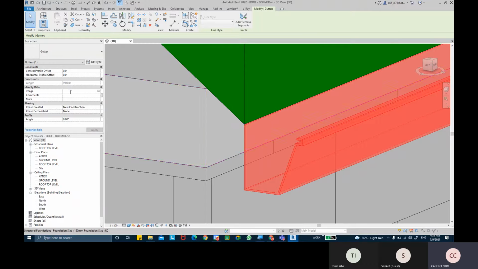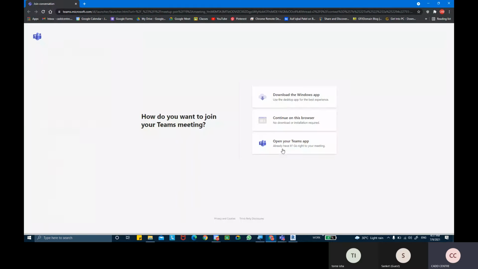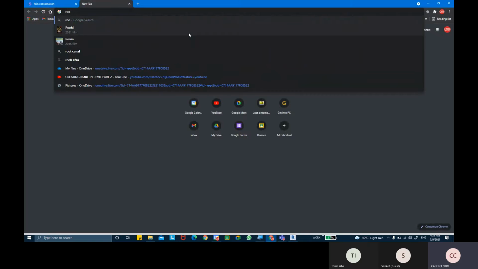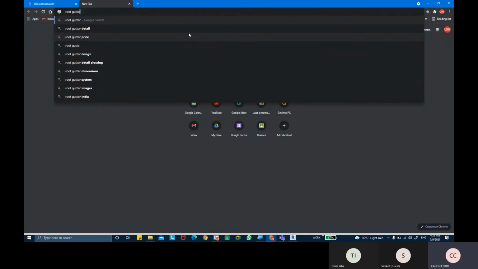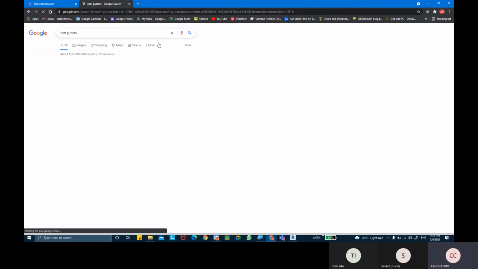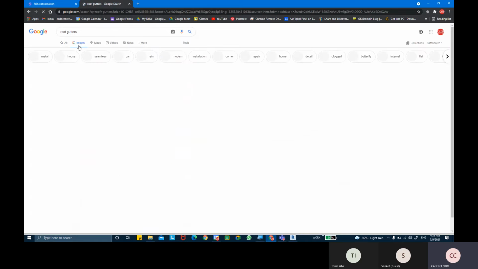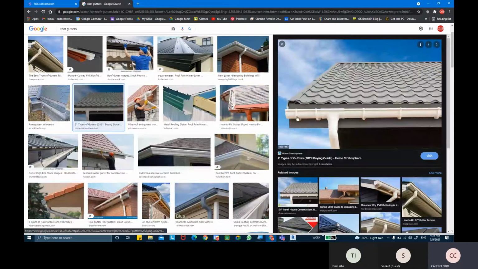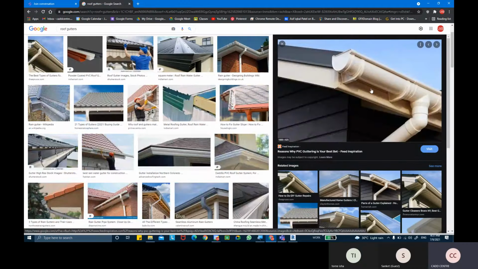We can add a reference image of that gutter. Maybe you want to create a different type, maybe you want this type, a half circle pipe shape type. So that's my reference image.